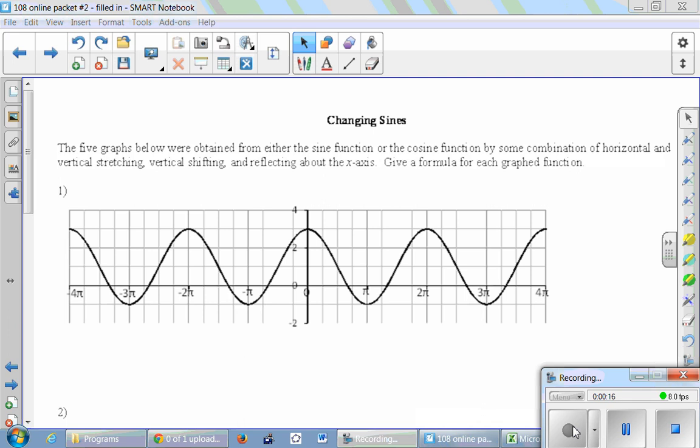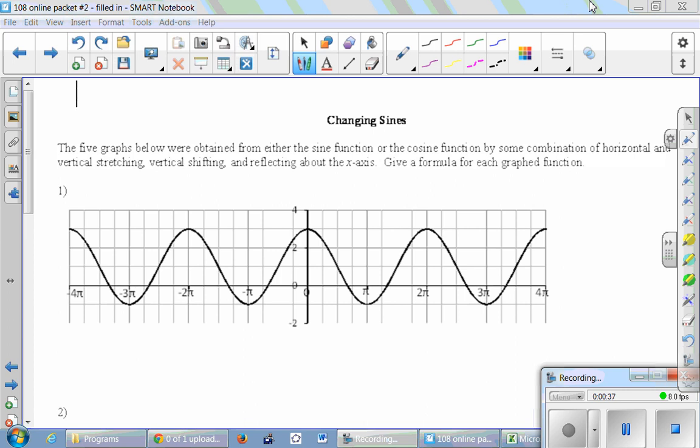So there is an answer key to this, but I just want to point out that there are many, many correct formulas that will give each of these graphs. In fact, there are infinitely many correct formulas. So it's okay if you don't get exactly the one that I'm making here in the video or the one in the answer key. One thing we'll do to just start here is draw a quick graph of sine, cosine,